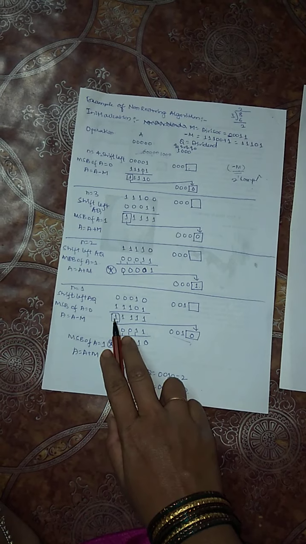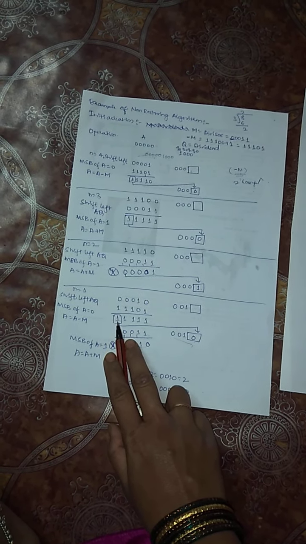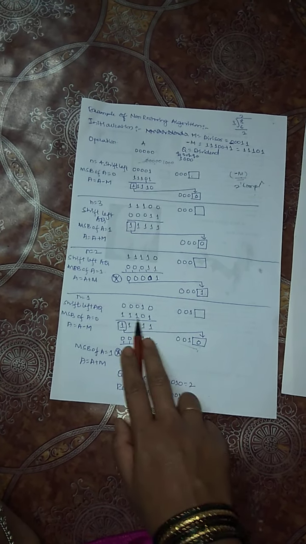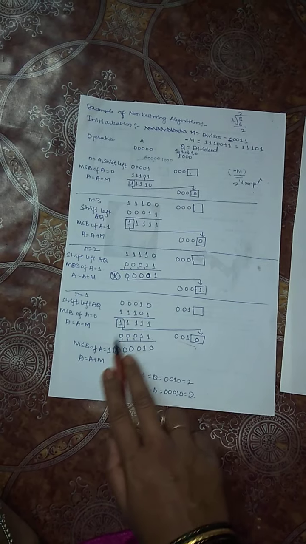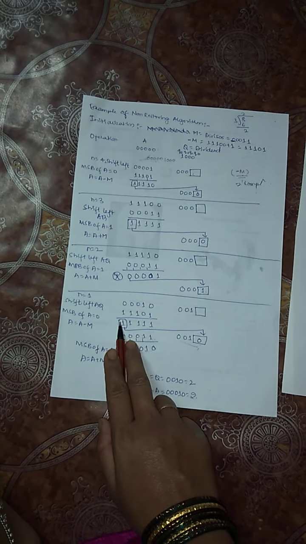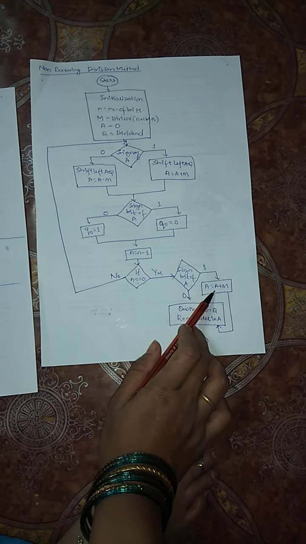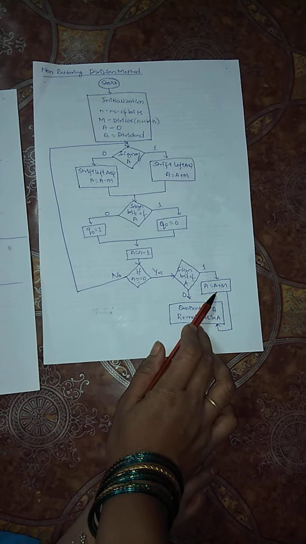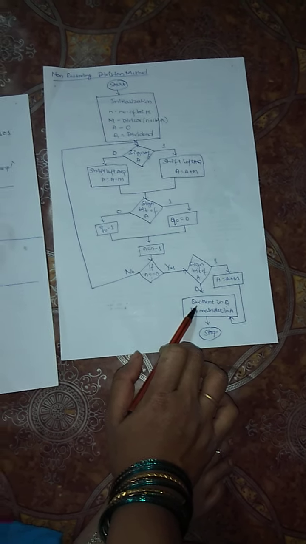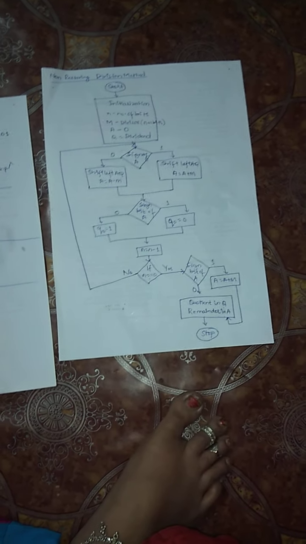Suppose the MSB bit of A is 0. If it is 0, no need to do this extra step. At that time you directly get the result in A and Q. You have to do this process A is equal to A plus M only when the MSB of A is equal to 1. Only then do you have to do A plus M. Otherwise you directly get the result. So this is the method followed for non-restoring division of integers.